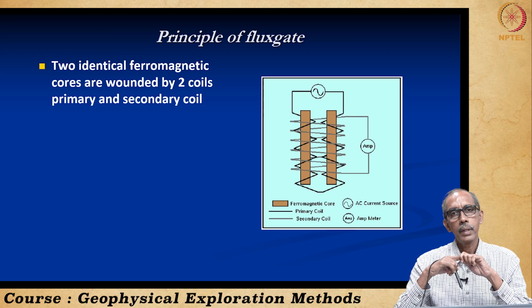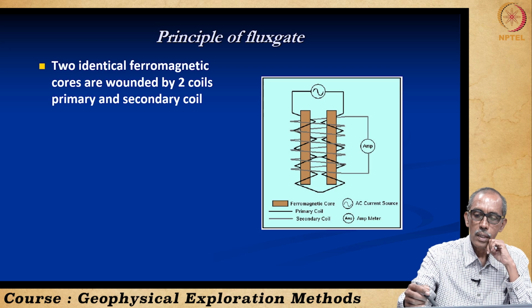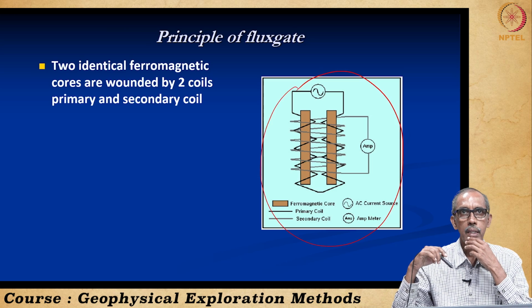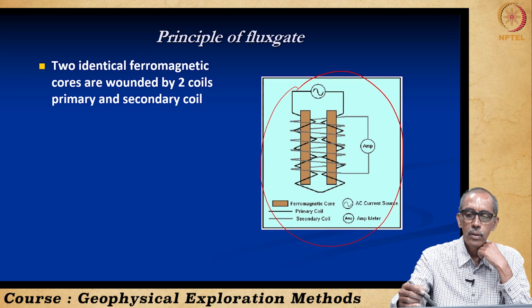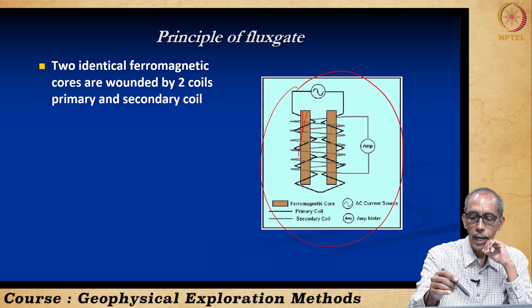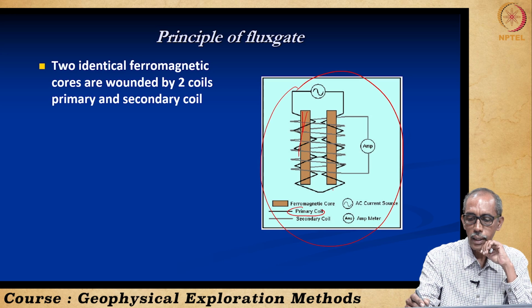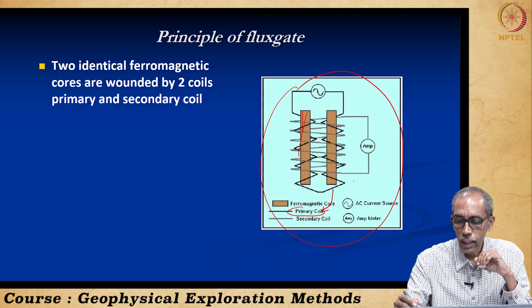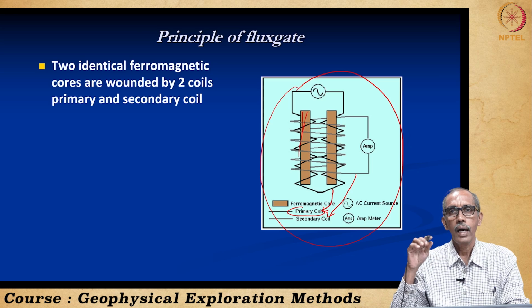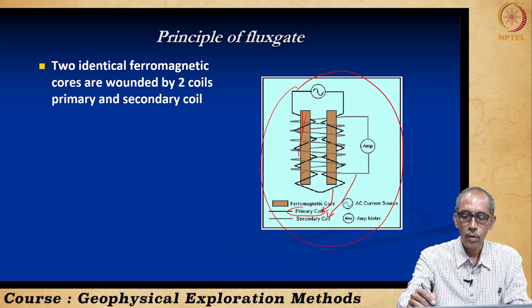In flux gate magnetometers, the principle of the magnetometer can be understood from this picture. Here there are two identical magnetic cores, bounded by coils. There are two coils, known as the primary coil and the secondary coil. The dark black color is the primary coil and the light grayish color is the secondary coil. So, this is the arrangement with the center ferromagnetic core.